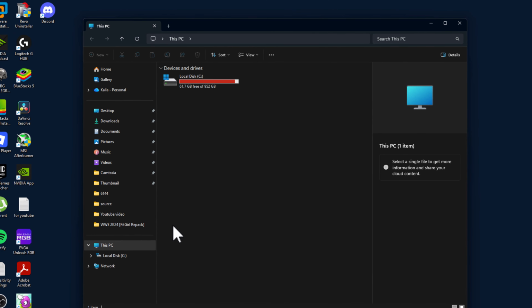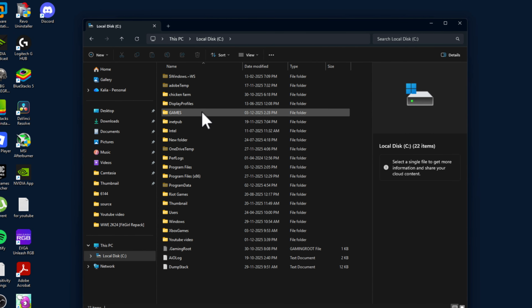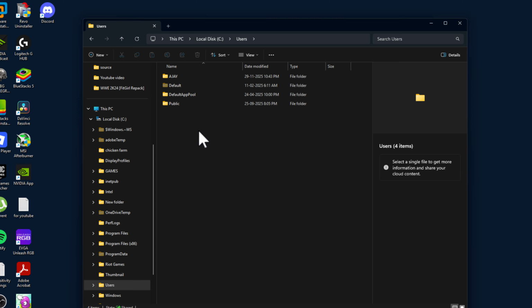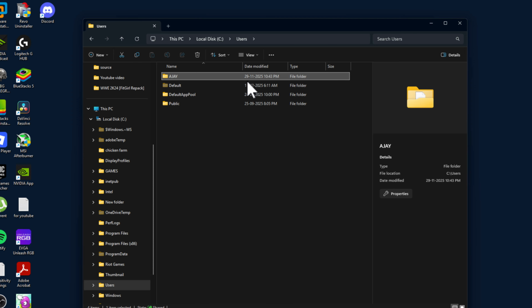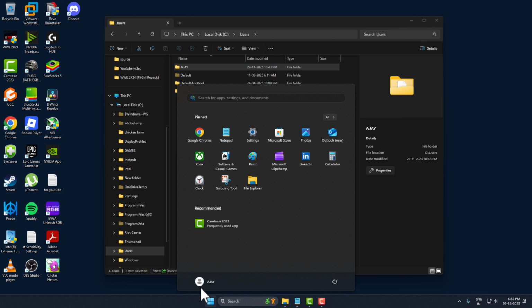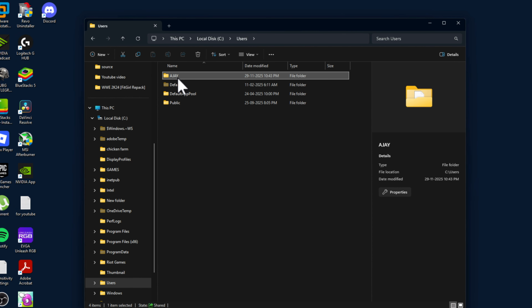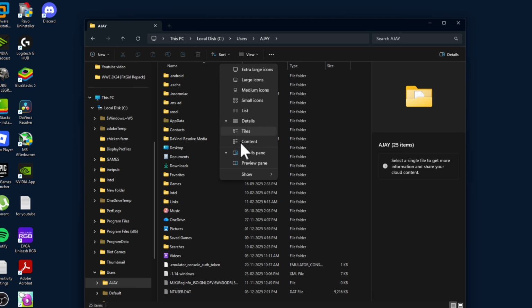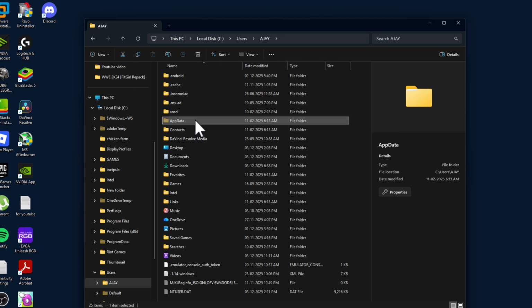Open up File Explorer and go to C drive and go to Users folder and open the username folder. If you don't know your username, then select the start icon. Here you can see your username, then double click on it, and now select the view and select show and make sure you check this hidden items option, and then you can see this